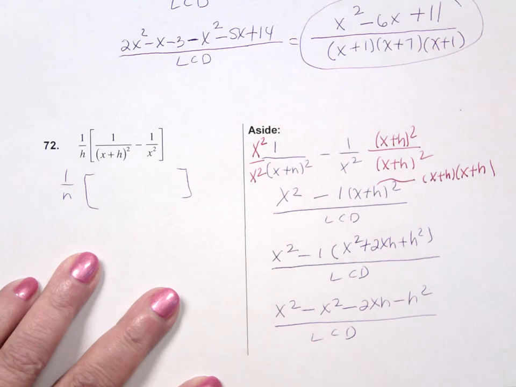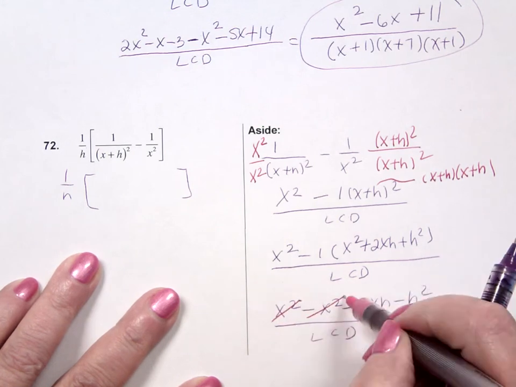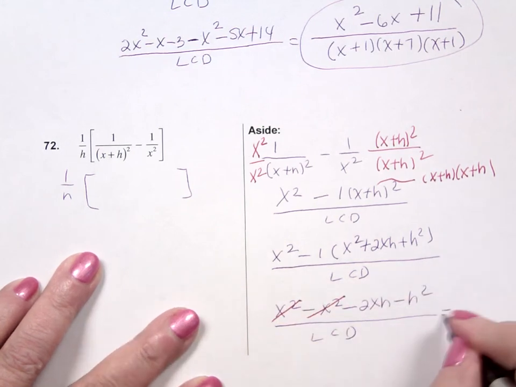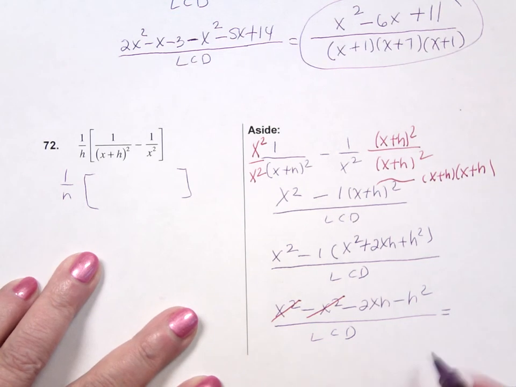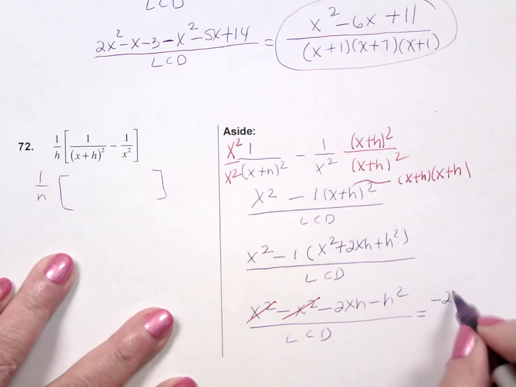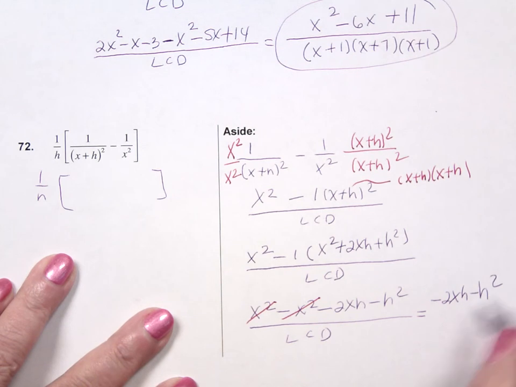And if you notice, x squared minus x squared adds to 0. So this is going to turn into minus 2xh minus h squared all over the LCD,